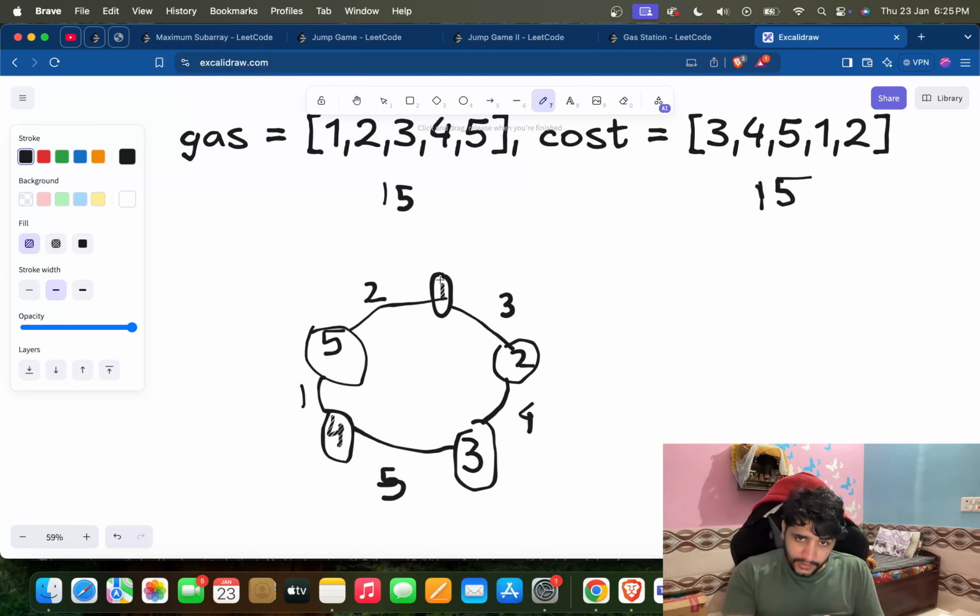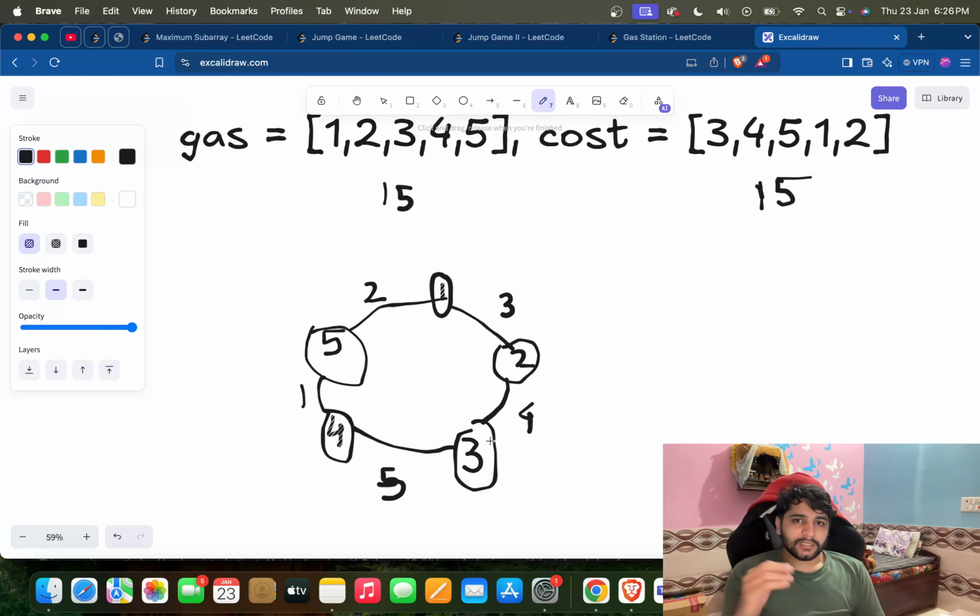और if we see that the distance is greater than the current gas, तो हम क्या करेंगे? गैस को वापस से 0 कर देंगे और start को 1 आगे बढ़ा देंगे। अब हम start करेंगे यहाँ से, तो गैस भरवाएंगे भाई। यहाँ पे गैस कितनी भरी, 2 भरी, ठीक है, गैस हो गई 2, और distance कितना जाना है 4। तो again नहीं कर सकते, फिर हम next पे गए।